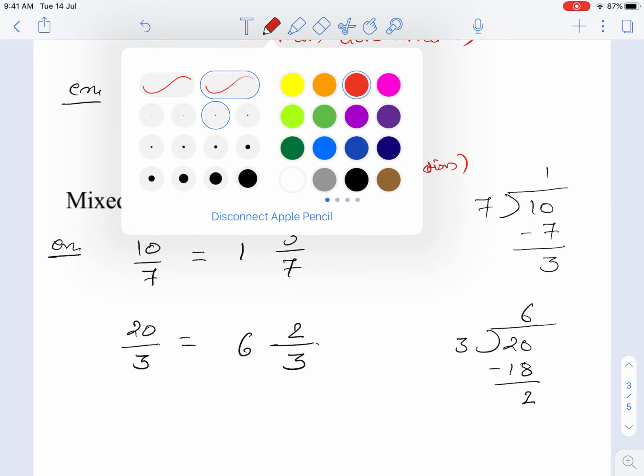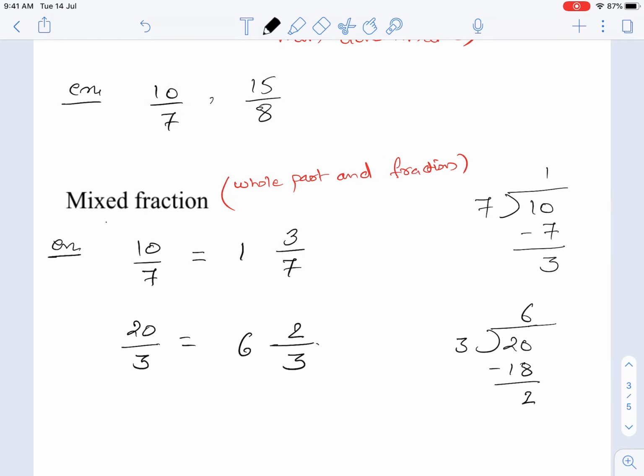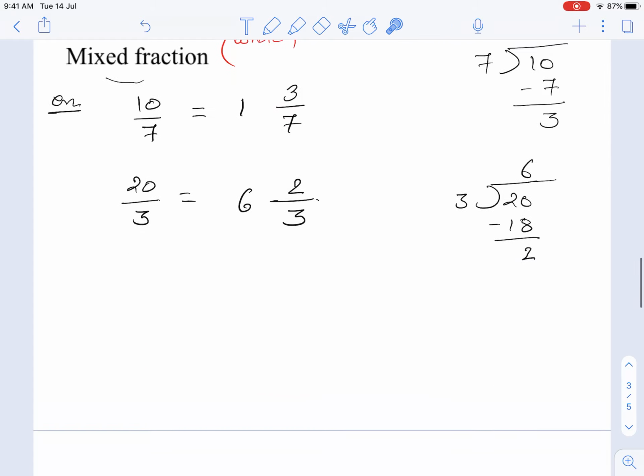And a mixed fraction is always written from an improper fraction. Unless the number is an improper fraction, we cannot convert it into a mixed fraction. So here we have learned how to convert an improper fraction into a mixed fraction. Now let us see the next example, that is conversion of